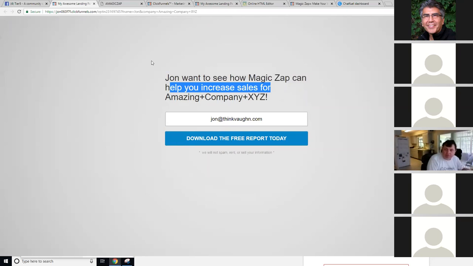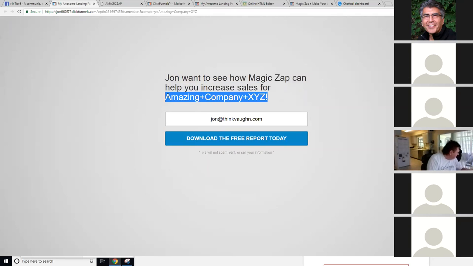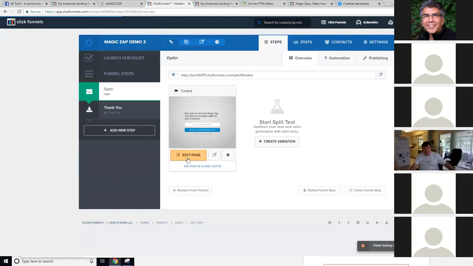It lets you actually create that custom dynamic content where you're actually referencing something that is relevant to your user, which is going to help you increase conversions. It's going to help you increase sales because the content that you're serving up is something that you know is going to resonate with your piece of traffic because it is something that is directly referencing them. So it is more personalized, and they're just going to feel like you're giving them more personalized content. All right, so that is one of the first things that Magic Zap does. Now, one of the next things that Magic Zap does